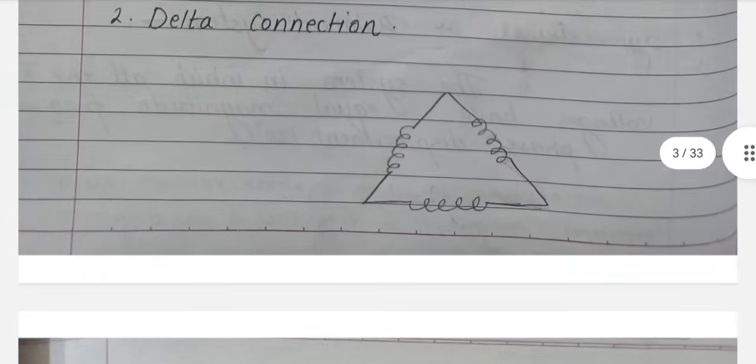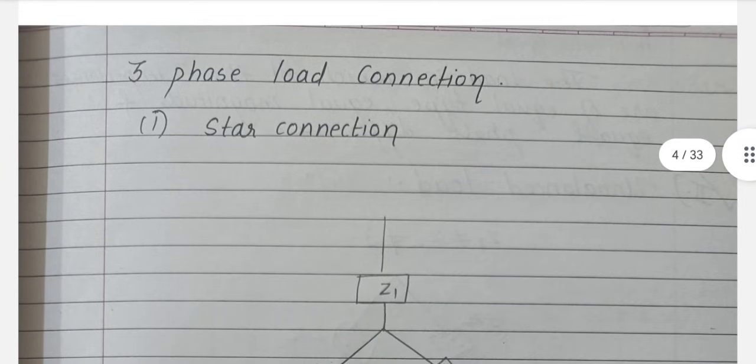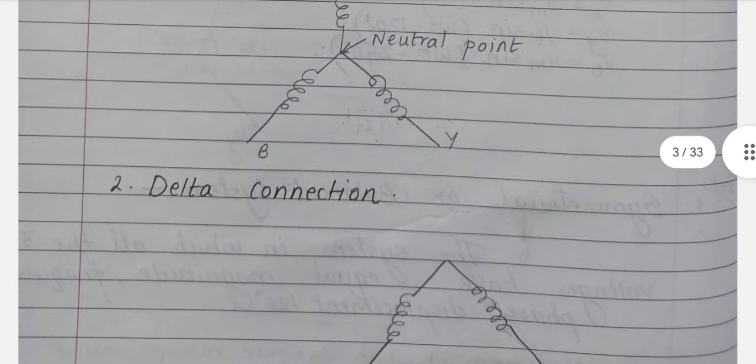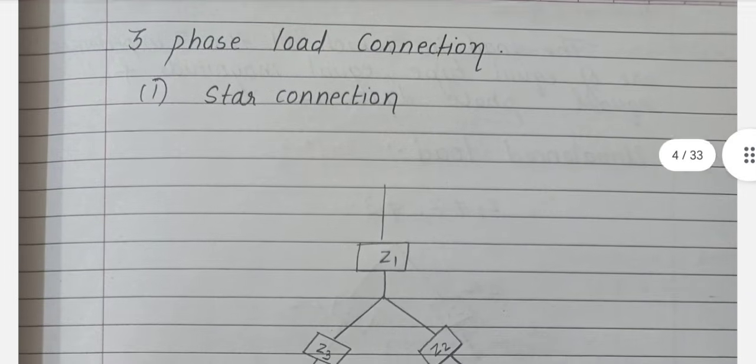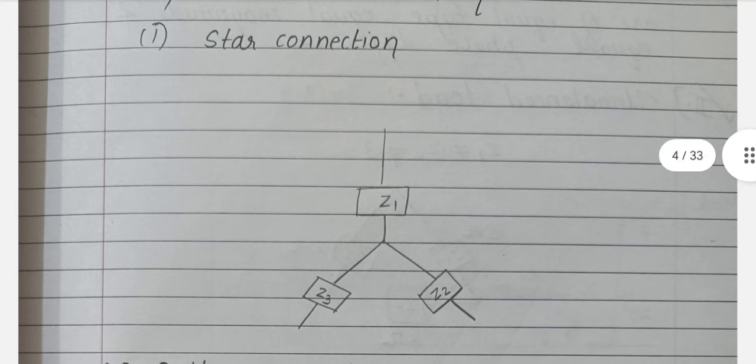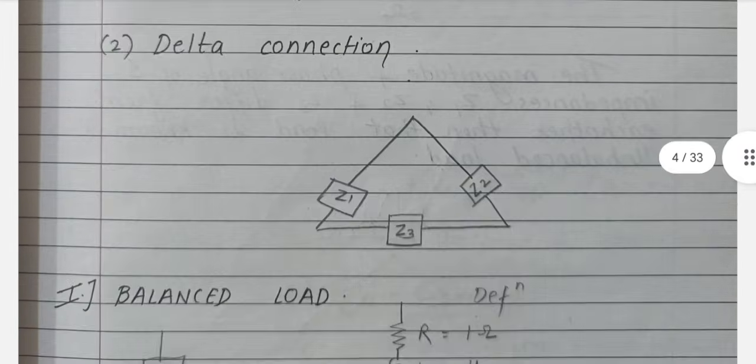Okay, then further we have three phase load connection. What we recently saw was three phase supply connection, but this time we have three phase load connection. Again the same thing is there, just you have to show the impedance. Okay, Z denotes impedance, right? So you have to show the same thing in the same diagram as you have shown here with inductance, right? Such a symbol you have shown, just replace it with the impedance. Okay, this is your star connection. Again the same definition would be there, and here is the delta connection. Okay, very simple. Now we will go ahead.